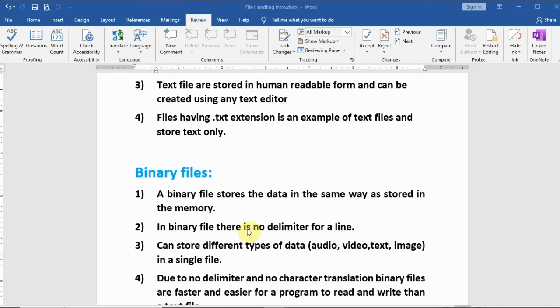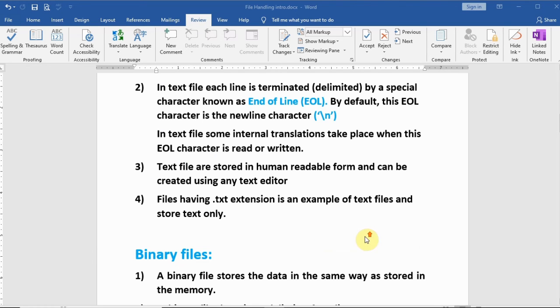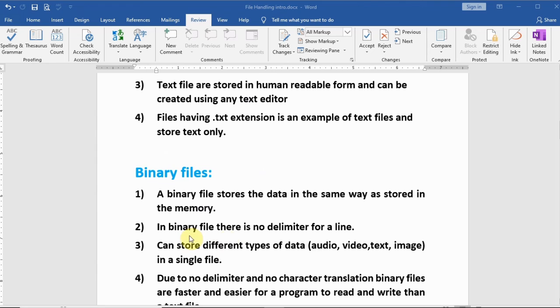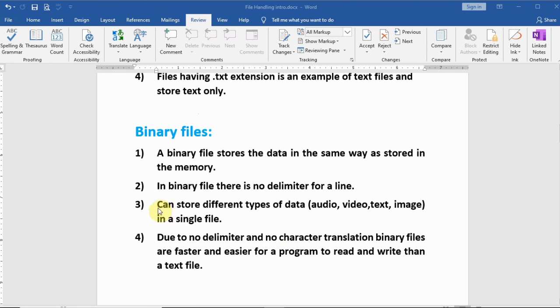In binary file there is no delimiter for a line. It means the lines are not terminated with end of line character in binary file. Binary file can store different types of data: audio, video, text, image.